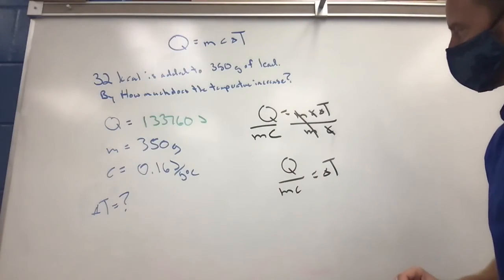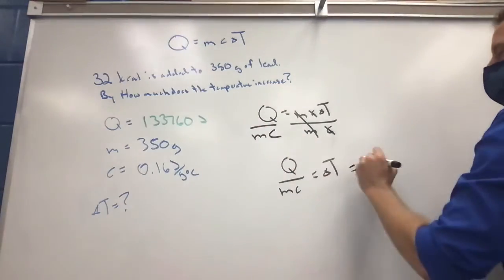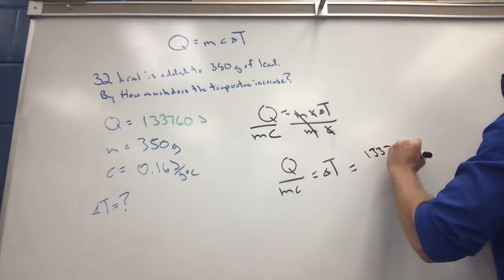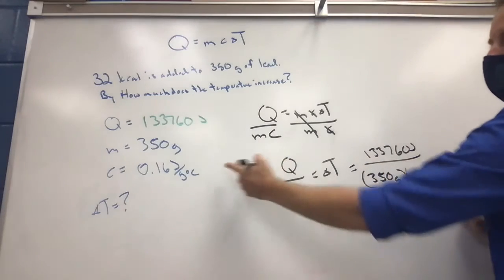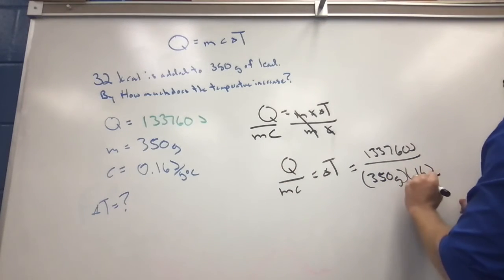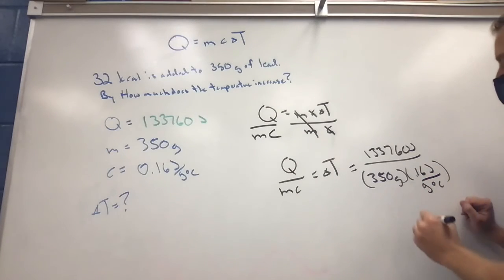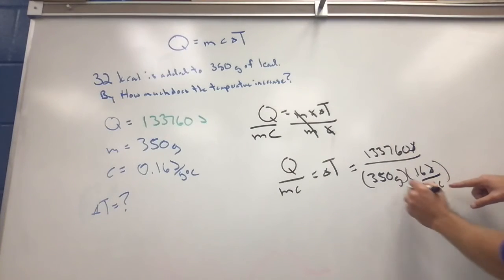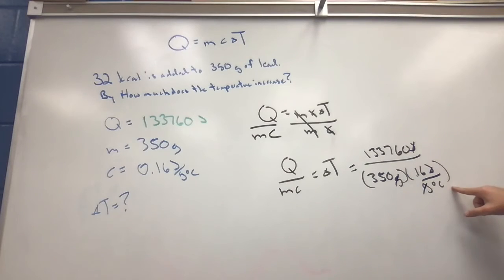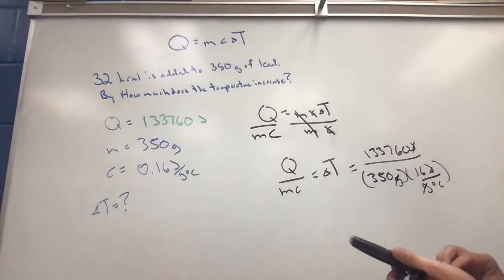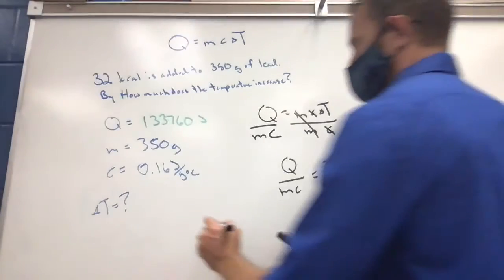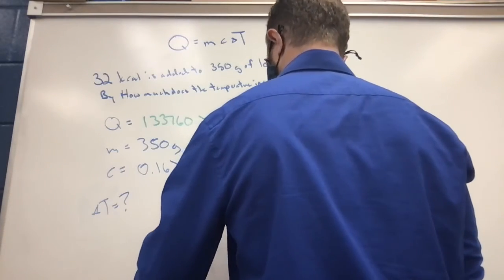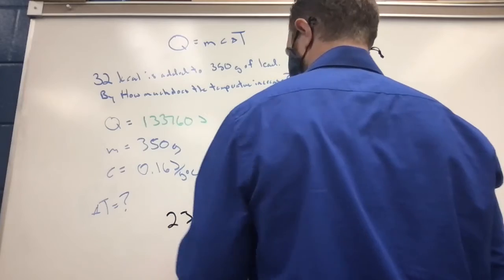Q over MC. So we take this huge number of joules divided by the mass, 350 grams, and the C, 0.16 joules per gram degree Celsius. My joules cancel out, my grams cancel out. I've got degrees Celsius under 2 bars, so that flips back up on top. So now you just have to punch those numbers in, divided by 350, divided by 0.16. So my temperature change is 2,389 degrees Celsius,